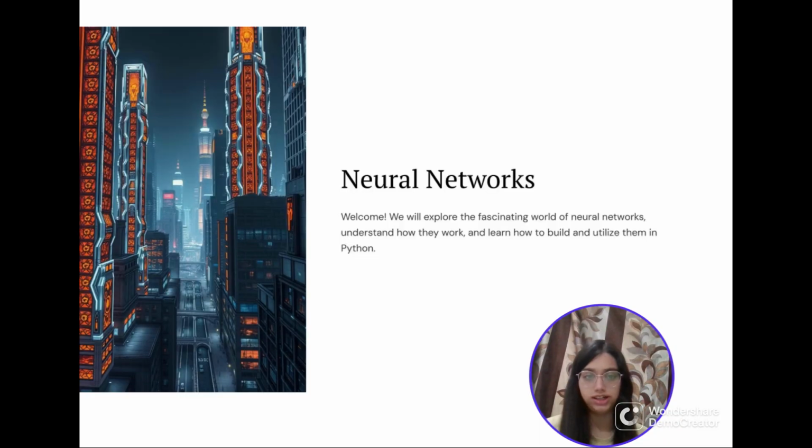So let's get started. Imagine trying to replicate how the human brain works in a machine. Neural networks are designed to mimic the way our brains process information. They consist of layers of interconnected nodes or neurons which process data and learn patterns just like neurons in your brain. These models are the heart of artificial intelligence and power technologies like image recognition, voice assistants and even self-driving